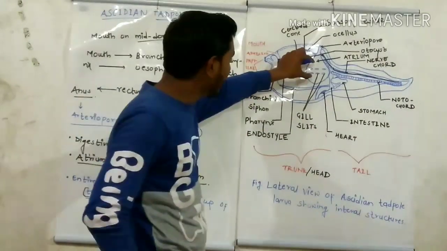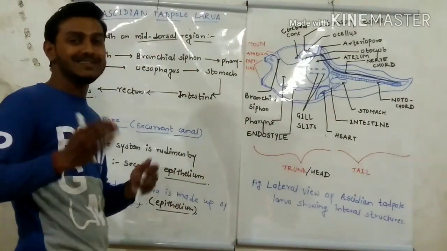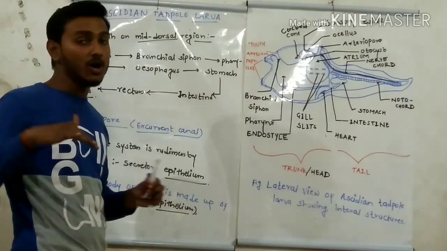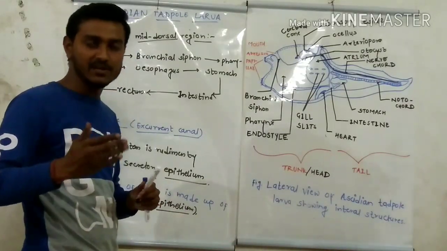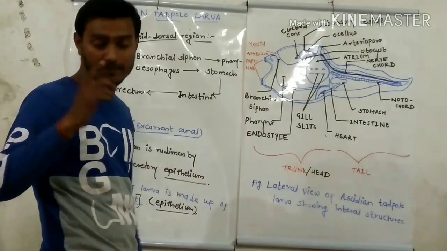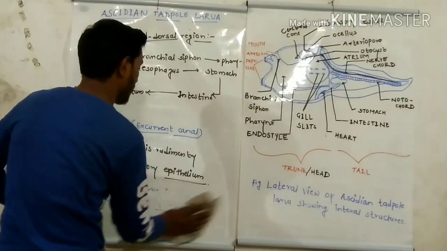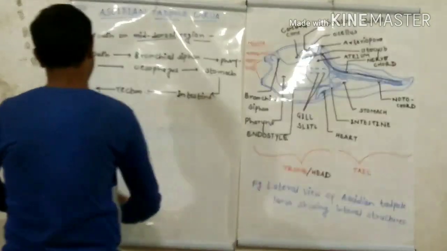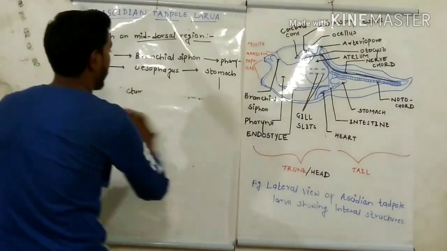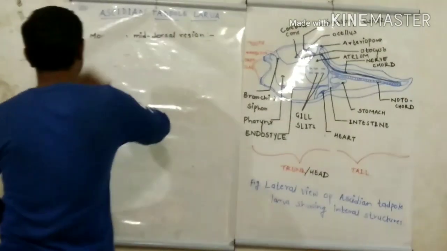Now laterally there is the presence of gill slits. One pair of gill slits on each side. These gill slits split and form the 6 stigmata. It is an important point. These 6 stigmata function as the gill slits